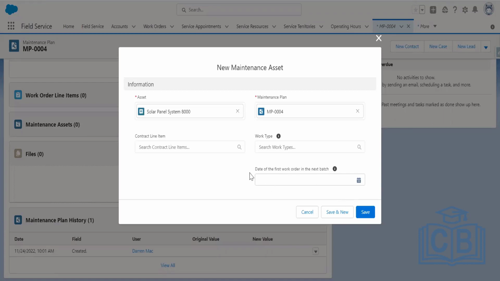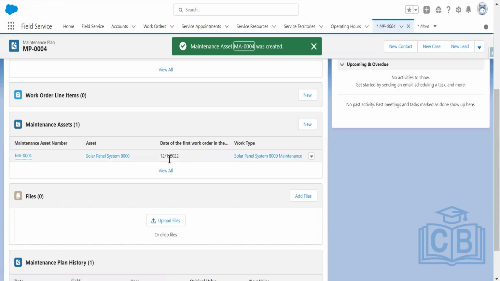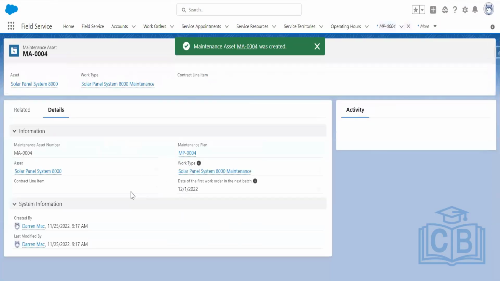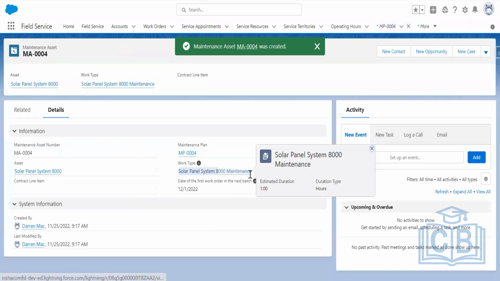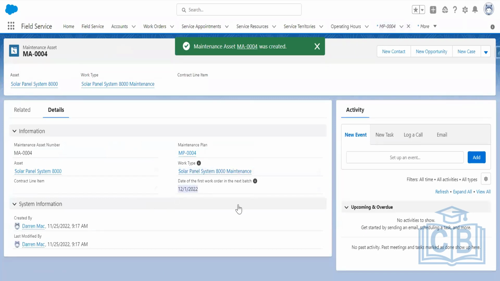Okay, so no, sorry, when I click on save, it will inherit the value by default with its associated maintenance plan. It will auto populate. So if I just save it, let me check. Okay, so look at this. It inherits the work type. If I open that record, look at this. It inherits the work type and it inherits the date of the first work order in the next